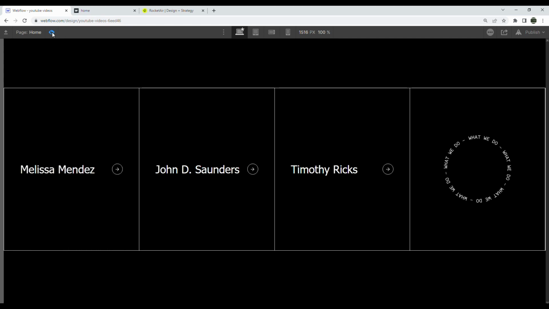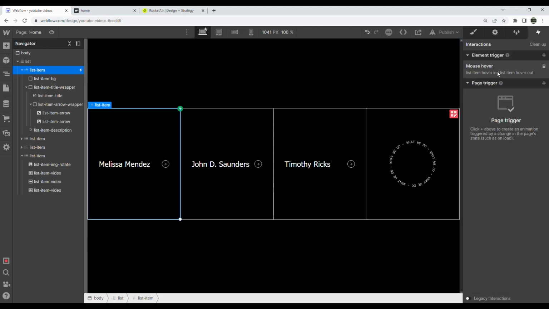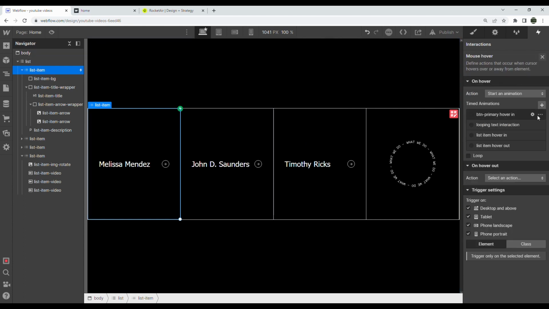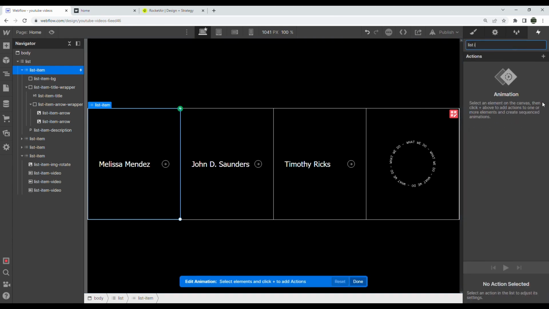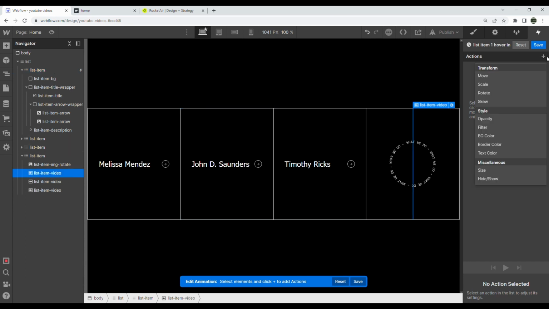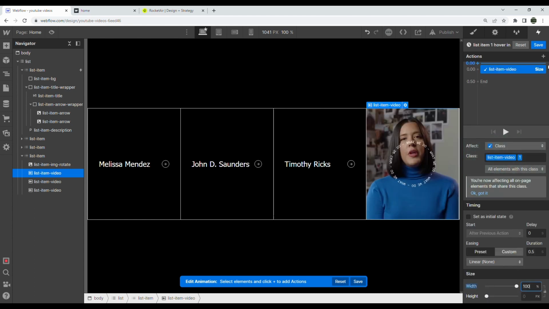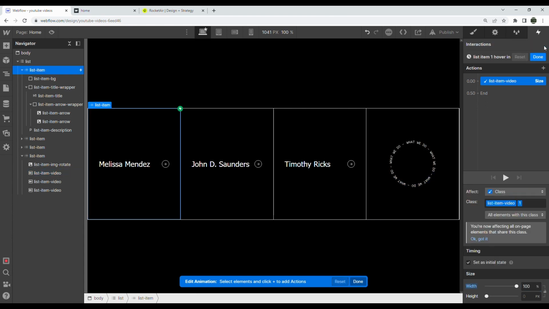Okay, so that works. Now all we need to do is get our video to load at the exact same time as this is hovered on. So we're going to create another trigger, hover, call it list item 1, hover in. And when this happens, we're just going to grab our list item video 1, and we're just going to bring up the size to 100%, save it,